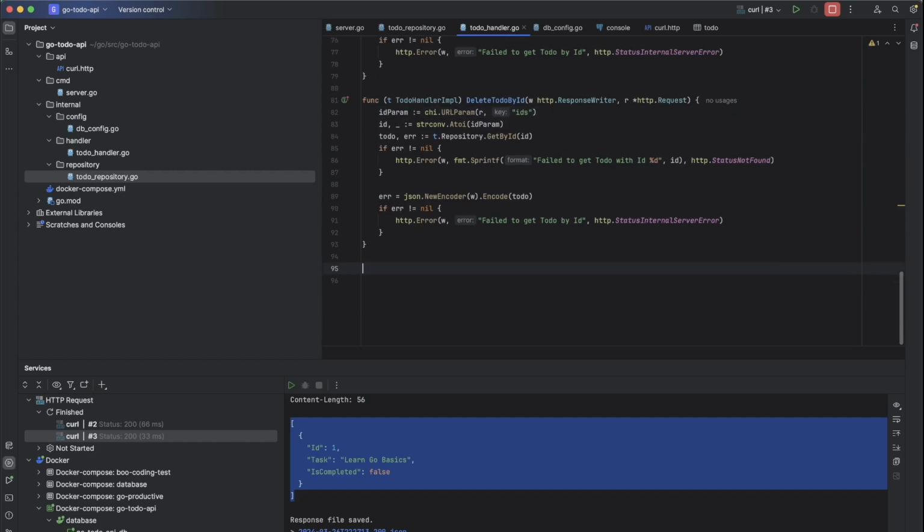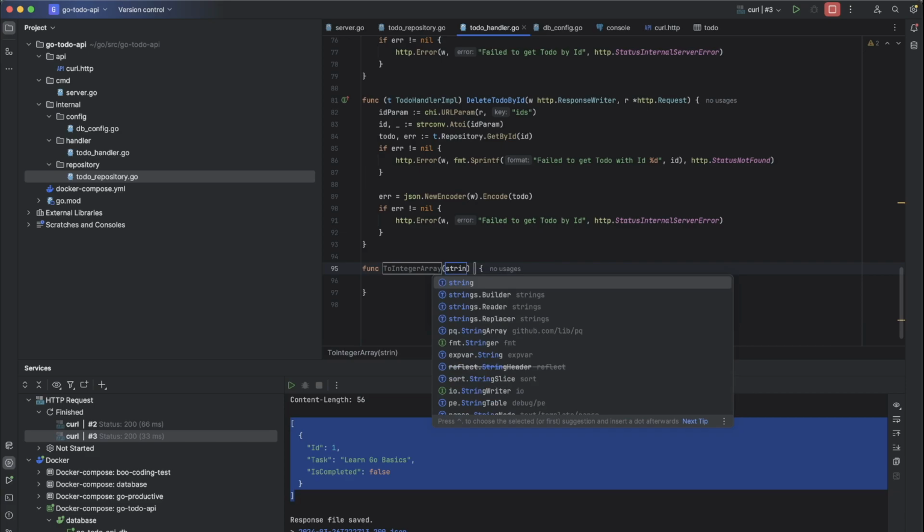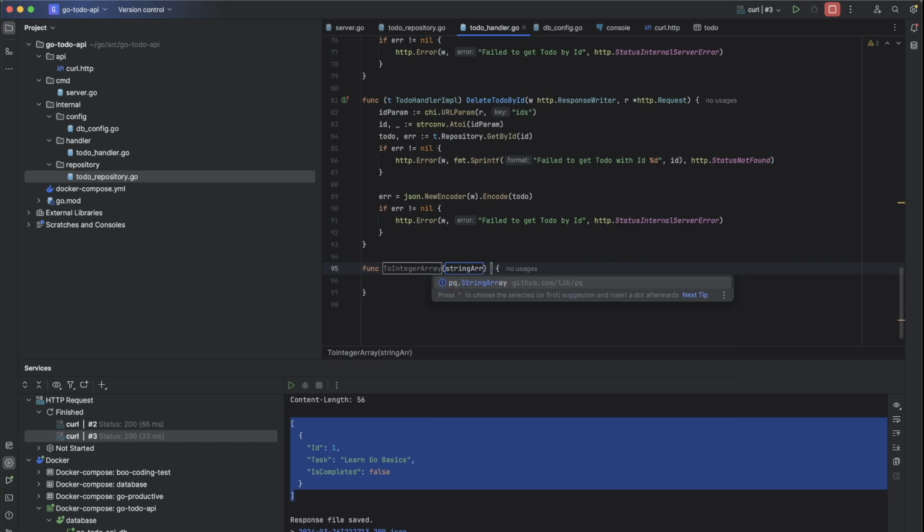So we will provide the function here, toIntegerArray, which takes a string array from the string.